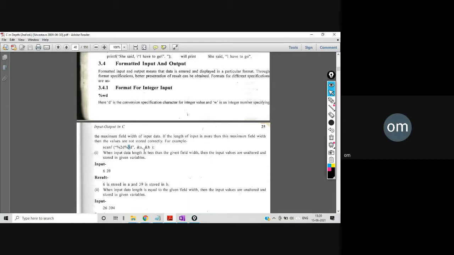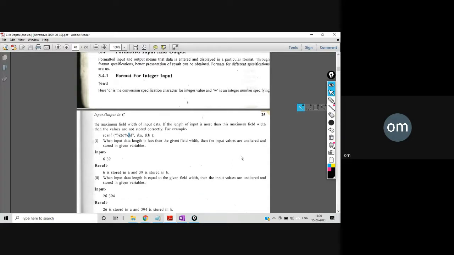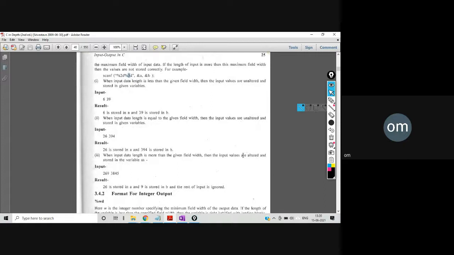The first case we will study is when the input length is less than w, then what will happen? When the input length is equal to w, then what will happen? And when the input length is greater than the w, then what is going to happen? Okay.